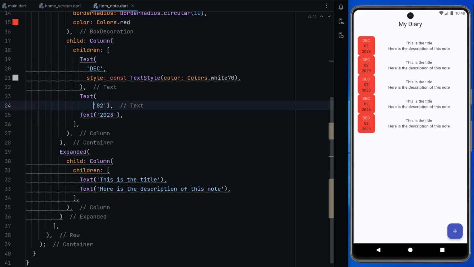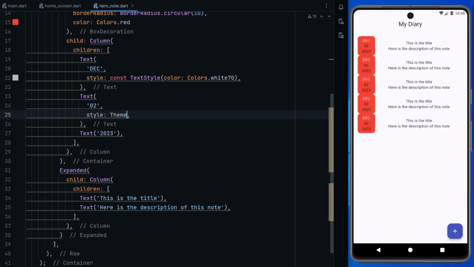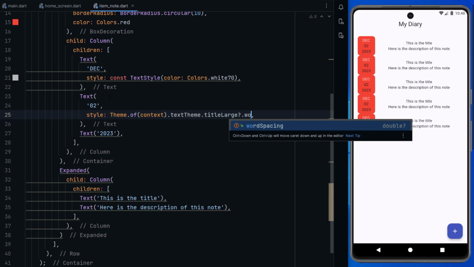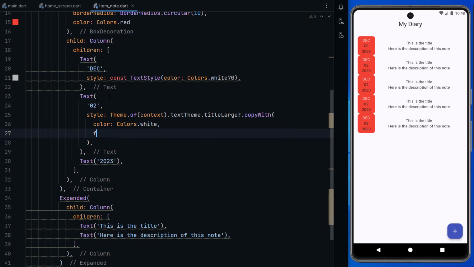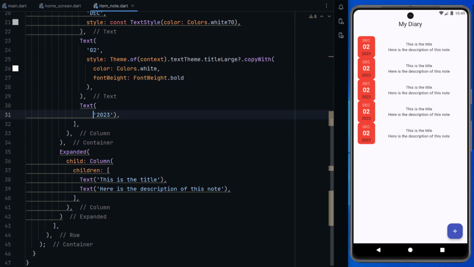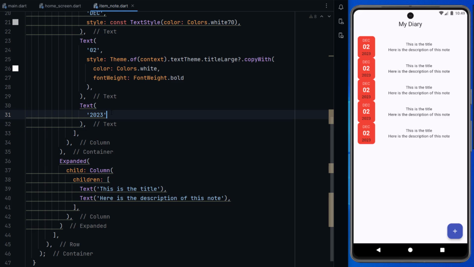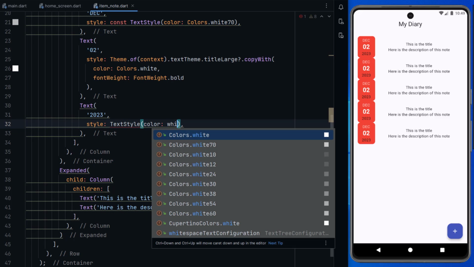For this one, style will be theme of text theme, title large, copy with, color will be white, and font weight will be bold. Now you can see it is looking better. Now we will change its text style, text style, color will be white 70,